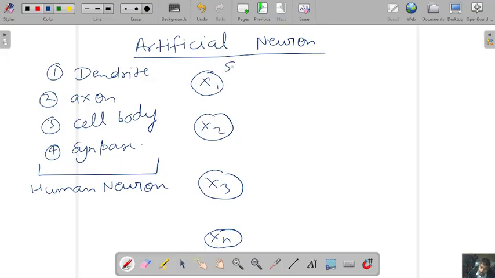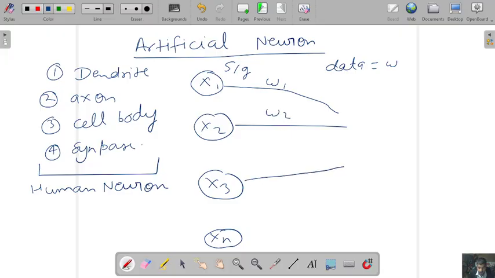Okay, and it has some data, means data equal to let's say bit. Okay, w. So each have some bit w1 and w2 and w3 and wn. Okay,